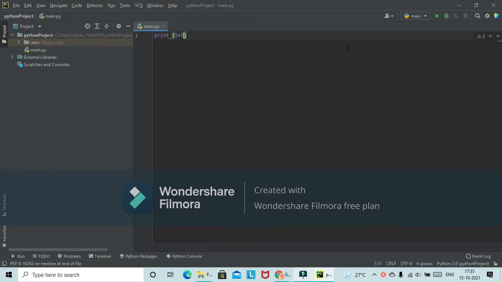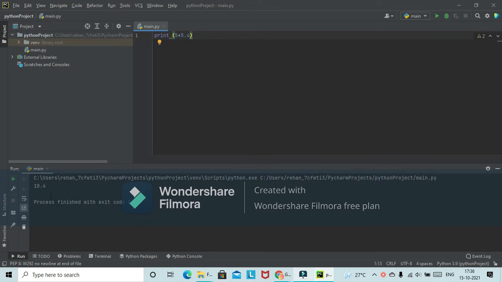In Python we can also use basic arithmetic. I could do things like addition, subtraction, multiplication and division. So I could say 5 plus 5. As you can see, I have written it on my screen. Or why not say 5 plus 5.4. Now if I run this program, it will give me the answer for 5 plus 5.4.